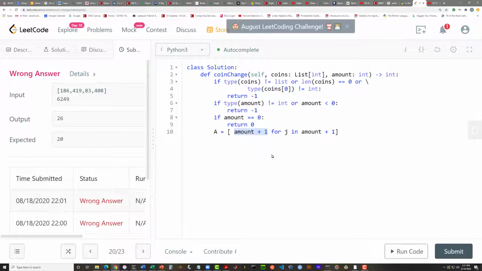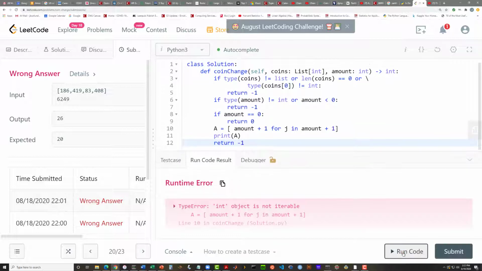Okay, so if my amount coming in is 10, which is the example we're using in the notes, then I can't need 11 coins. And so I'm going to just fill in 11 in all of those slots initially, which are impossible values, and let me print the resulting A, and I'll return a -1. Here again, this is not a solution, but I do want to see that my array A has been created